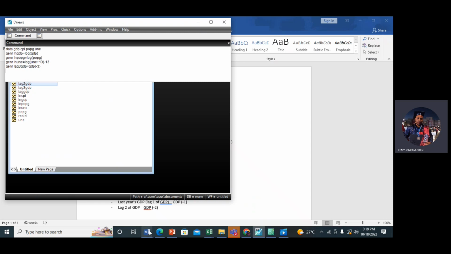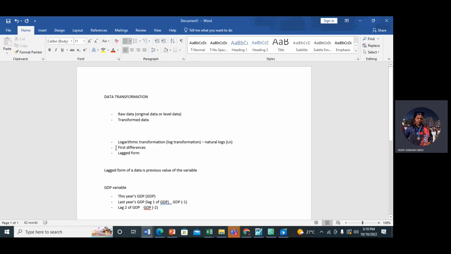Okay, let me show you what next. So I've shown you log form, log transformation, and lag form. I'll show you now first differences. Before I show you, let me delete this. Before I show you first differences, I want to show you something like